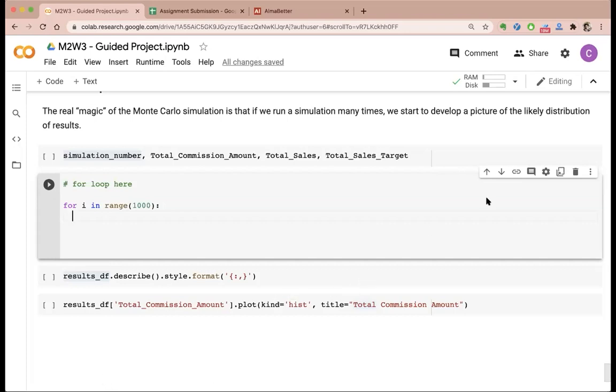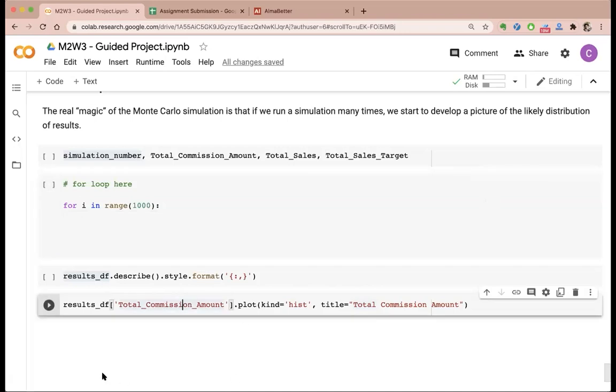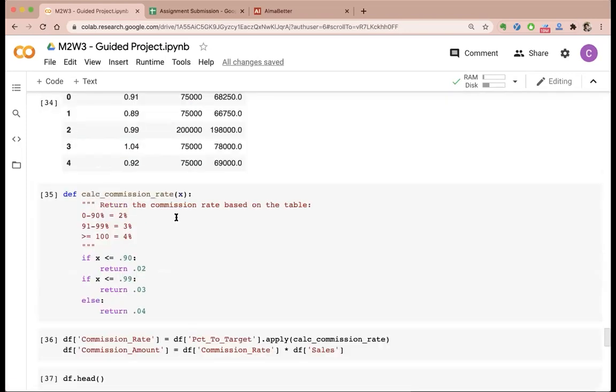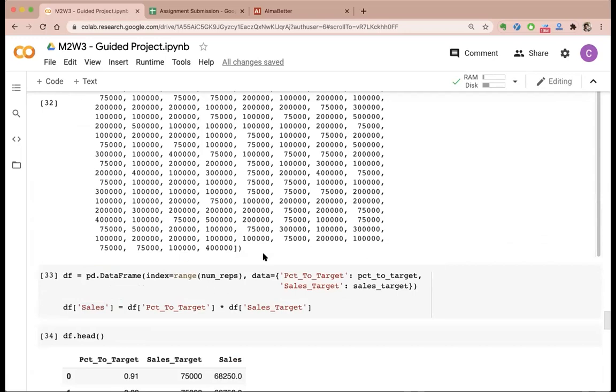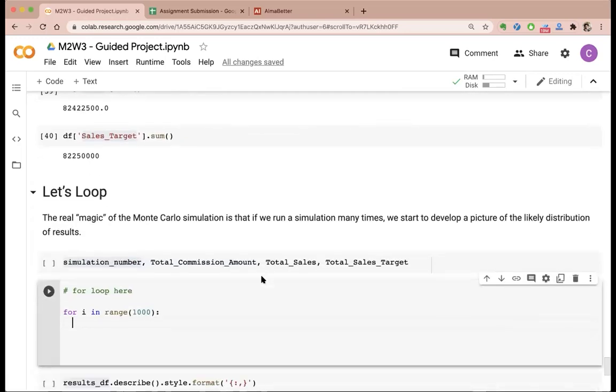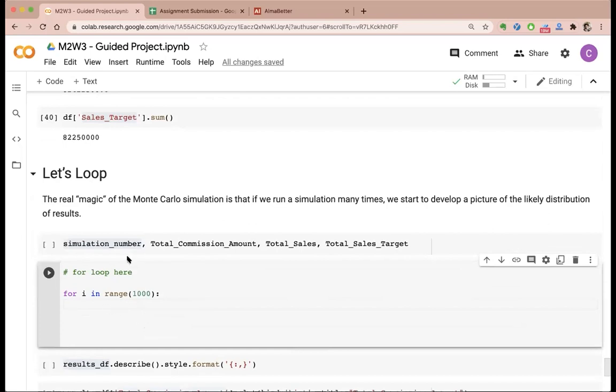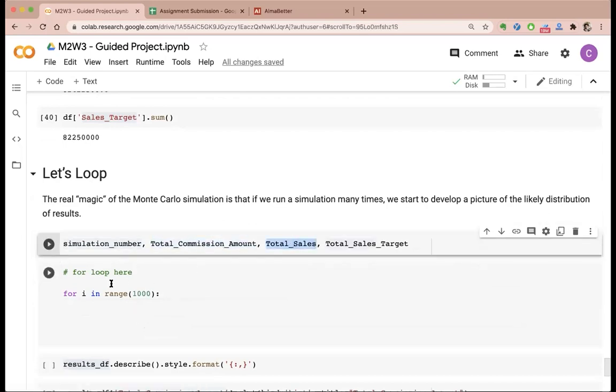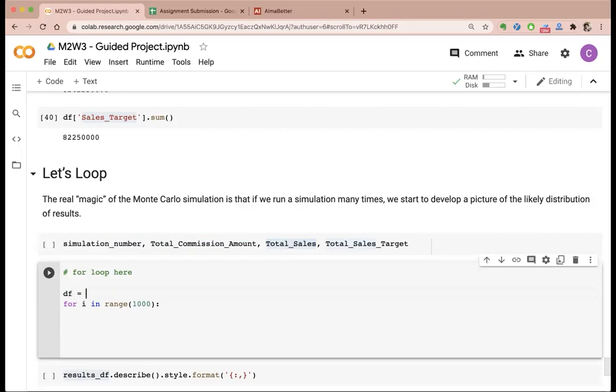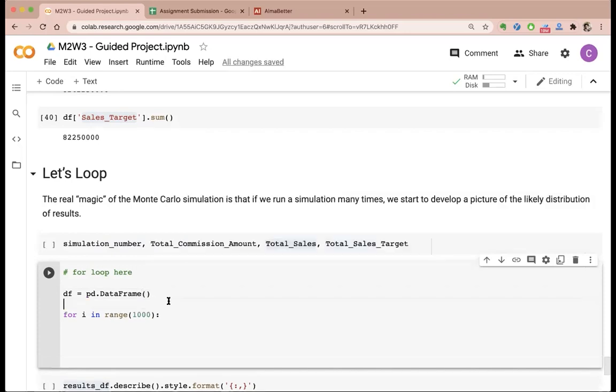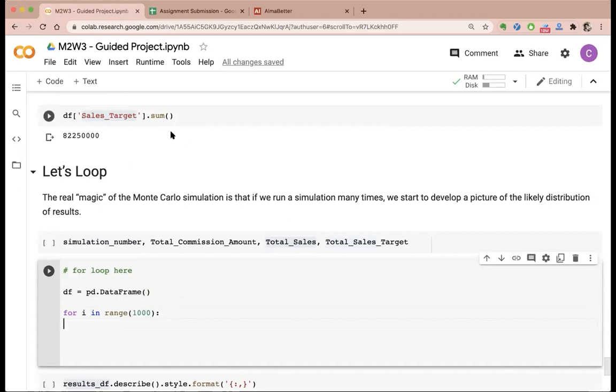So if you are done, let me know in chat that you are able to plot this histogram. Okay. So to write this for loop, you don't have to do anything. Just copy paste all the codes that you wrote here, right? And finally store these four numbers in a data frame. So just define a data frame here. Okay. So df equal to something, this empty data frame here, with these columns, and then just paste all those codes from the top.